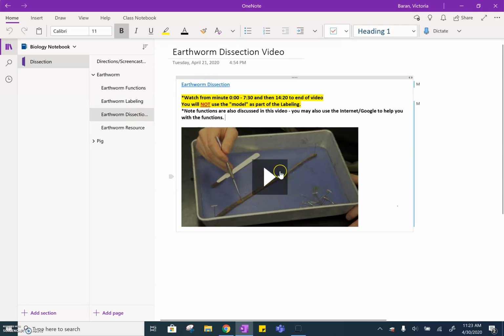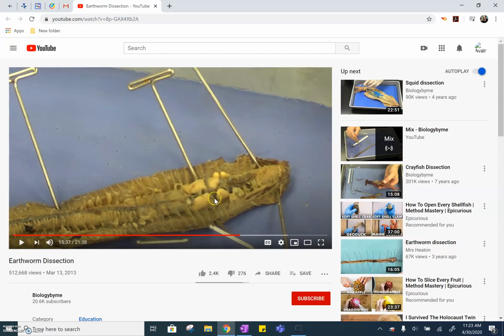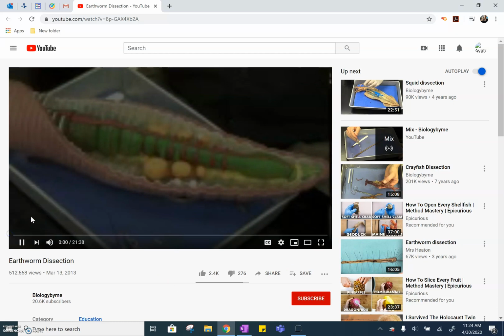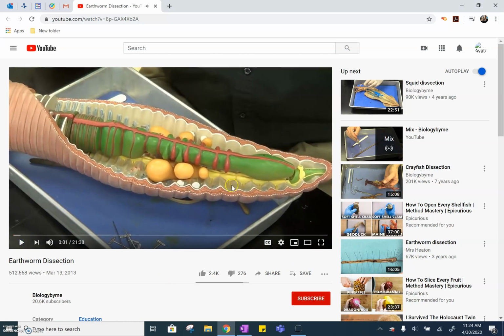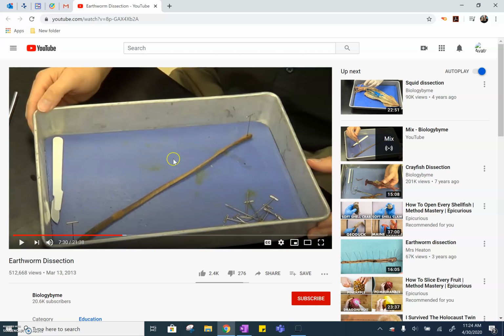So for the dissection video, you can play it here in your OneNote, but I'm going to actually open mine in an internet browser just because that's my preference, so I can see things a little bit more clearly. So in the beginning of the video, today we're doing an earthworm. This is the model. So you are not going to be snipping and using this part of the video for any of the labeling. So again, if you go up until about 7:30, that's when he's actually going to start doing the dissection. So I'm going to skip ahead